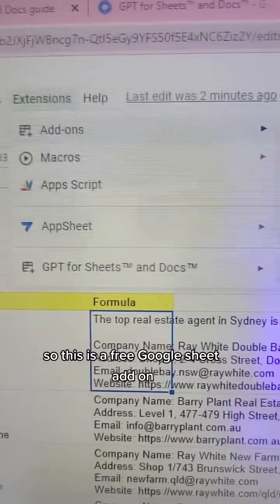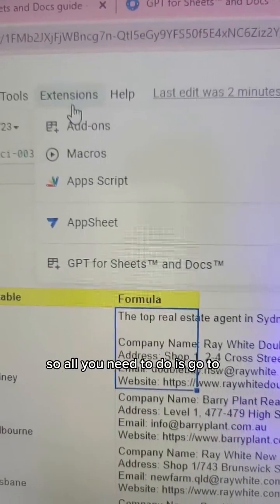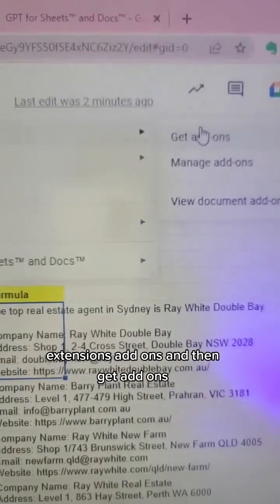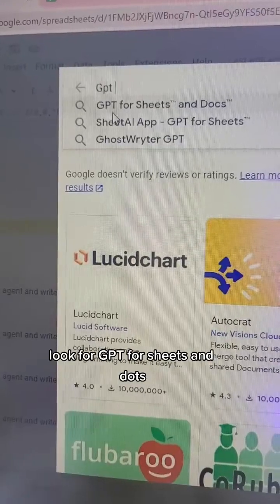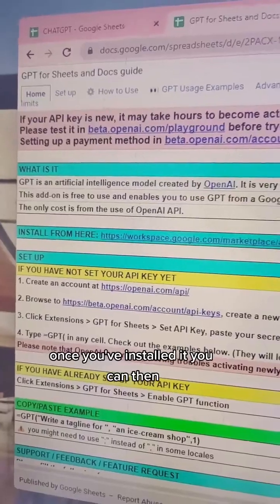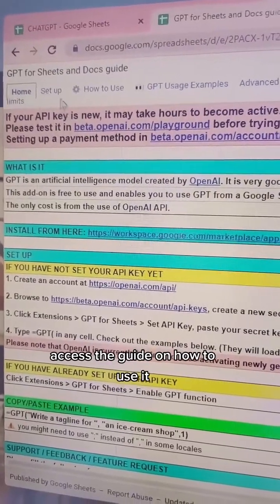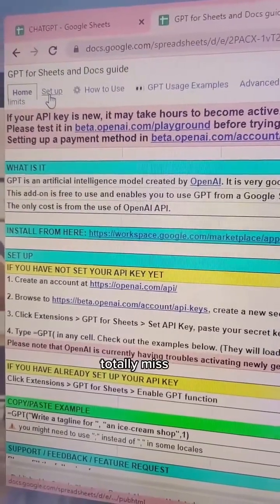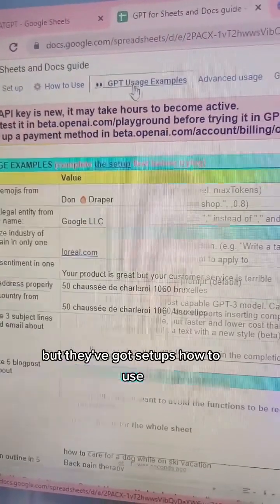So this is a free Google Sheet add-on. All you need to do is go to extensions, add-ons, and then get add-ons. Look for GPT for Sheets and Docs. Once you've installed it, you can then access the guide on how to use it. So there's tabs over here, which I totally missed, but they've got setups, how to use, and examples that you